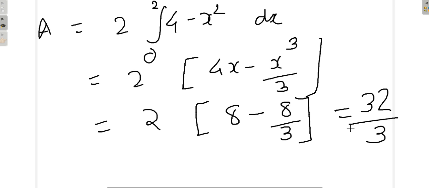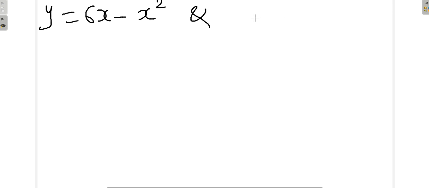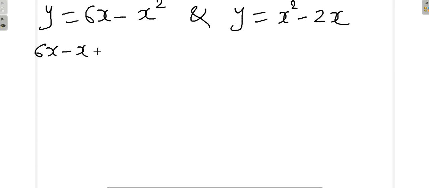Let us do one more sum. The area between y equal to 6x minus x square and y equal to x square minus 2x. First of all, let us solve these two equations simultaneously and see what we get. Compare y coordinates. And that gives you